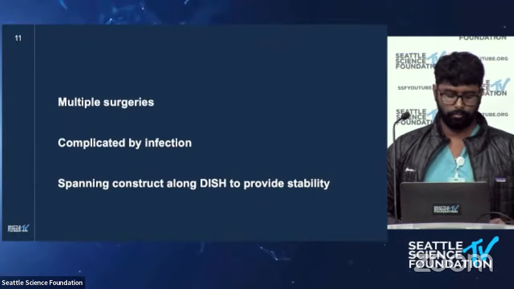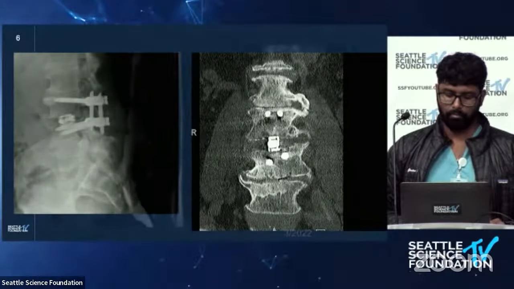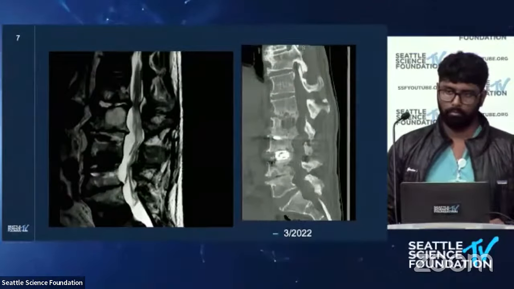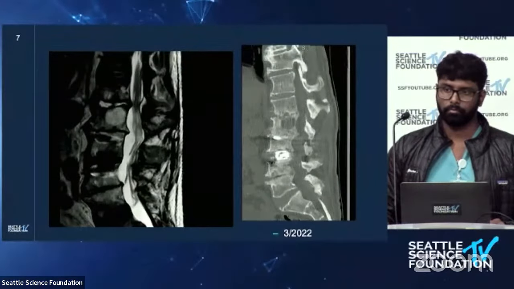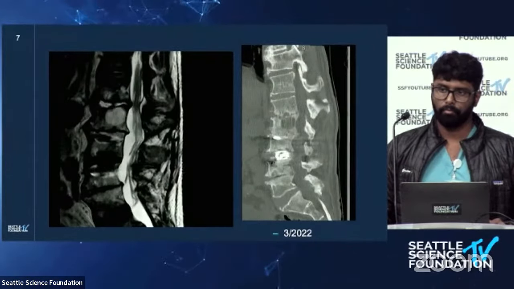Great, thank you for going through that. If you want to pull back up the imaging, just so we have some visual to look at, those first images. I think it's challenging when you have someone with single level disease, trying to have a conversation as to why we need to do a bigger surgery as opposed to a less invasive surgery. In retrospect it's very easy to change your course, but if you were to see this patient initially, what are some of the conversations you might have had?